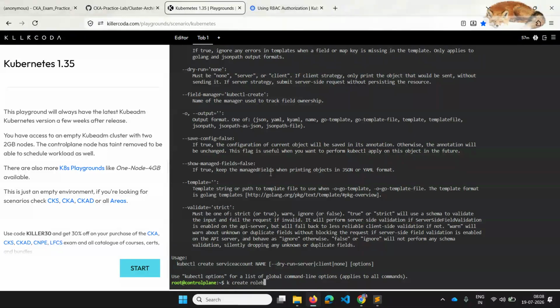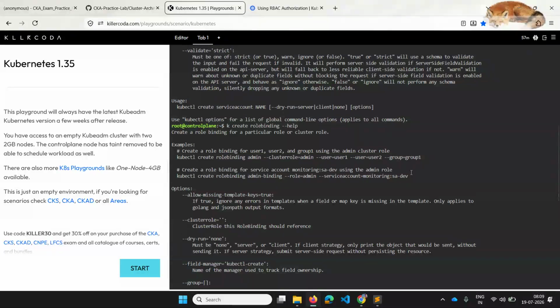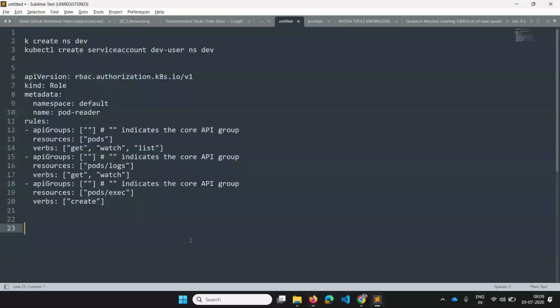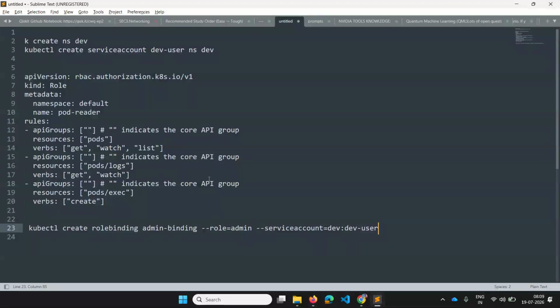Always you can use help for creating a role binding. Copy this, and we know that the namespace is dev, the service account name is dev user, and the role name which we have created is pod reader.